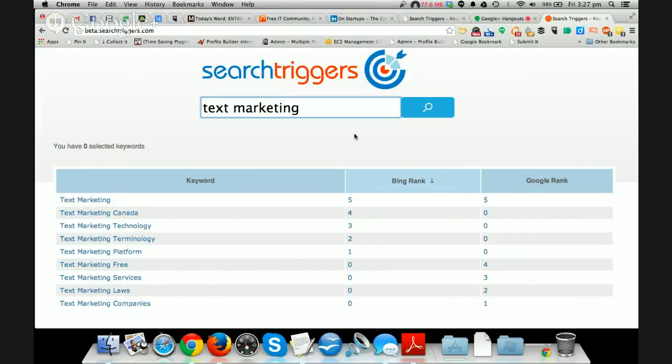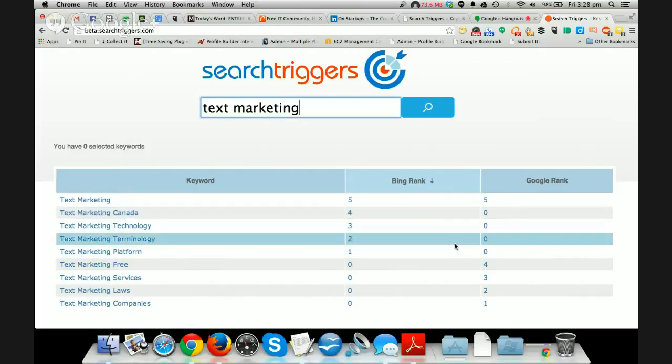That's your term. And these are relative. It's like movie ratings. They're on a scale from 1 to 5, 5 being better and 1 being lower. 0 means no data. In other words, Search Triggers got no data from it. All right? So go ahead, Peter. Great presentation. Keep going.